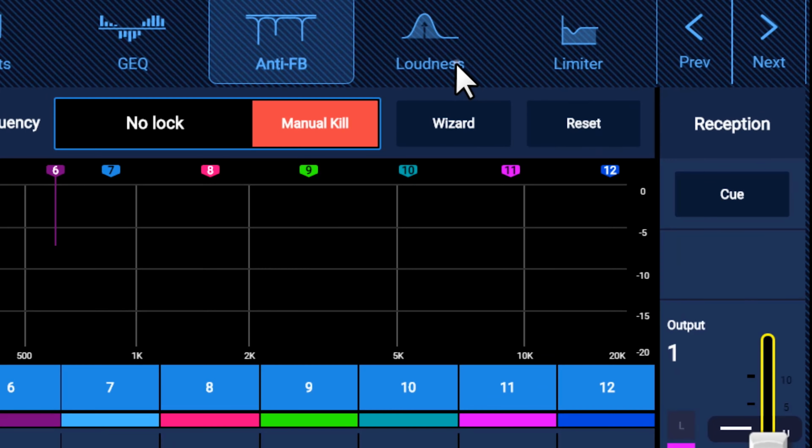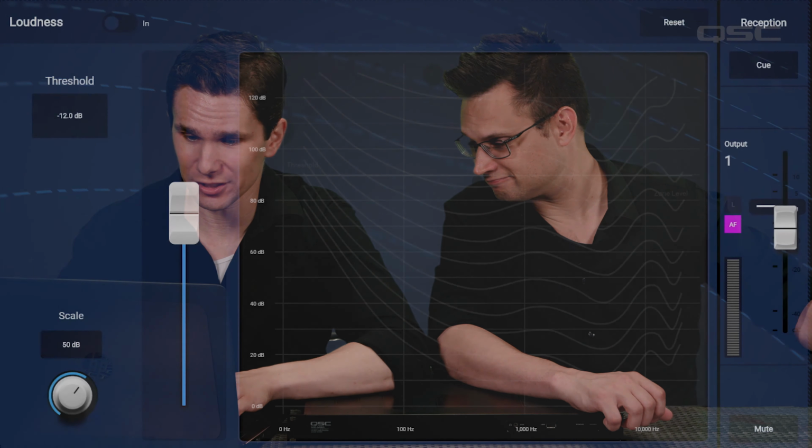The loudness page is here to help you compensate for the way our ears perceive tonal balance at different levels of sound. Generally speaking, as level decreases, more low frequency is needed to maintain a perception of the same tonal balance. So something that sounds fine at high volumes will seem thin and lacking bass at lower volumes. Here's how to address that in the loudness compensation.